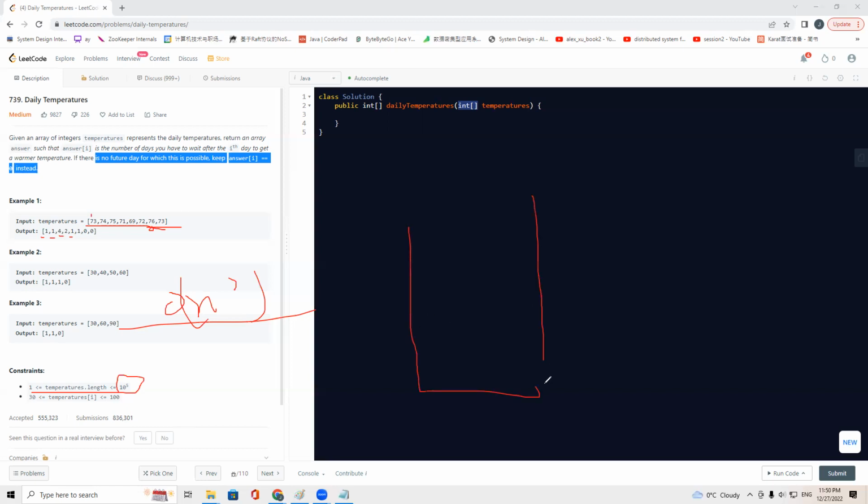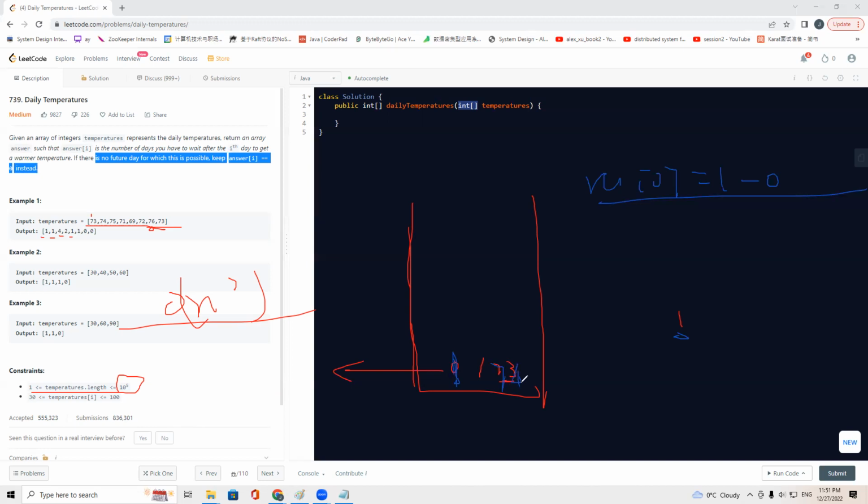So we store in the stack, right? For example, we push the first index 0, which has the number 73. And now we come to index 1 and 74. But 74 is greater than 73, so we need to pop this out. While we pop, we see the first one, index 0, and the next one is index 1, right? So we have the result[0] equals 1 minus 0, right? And then we push